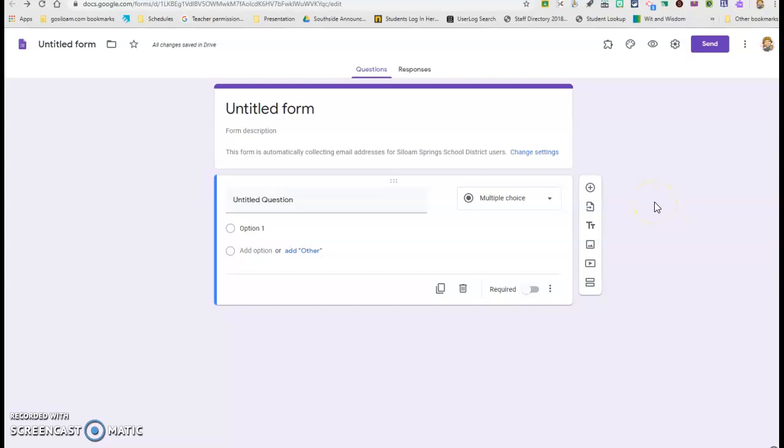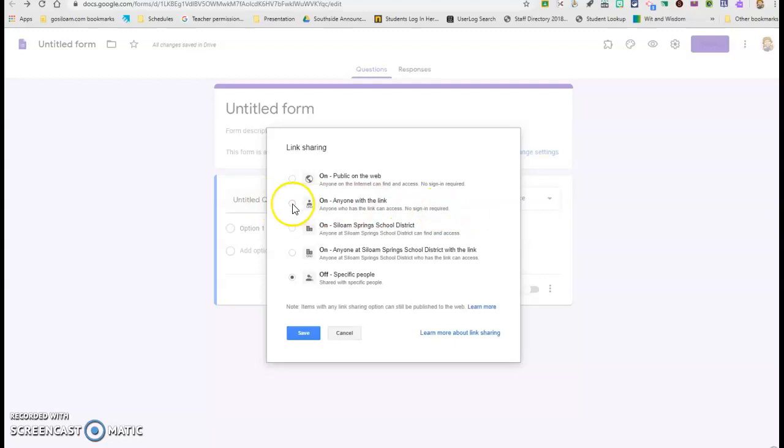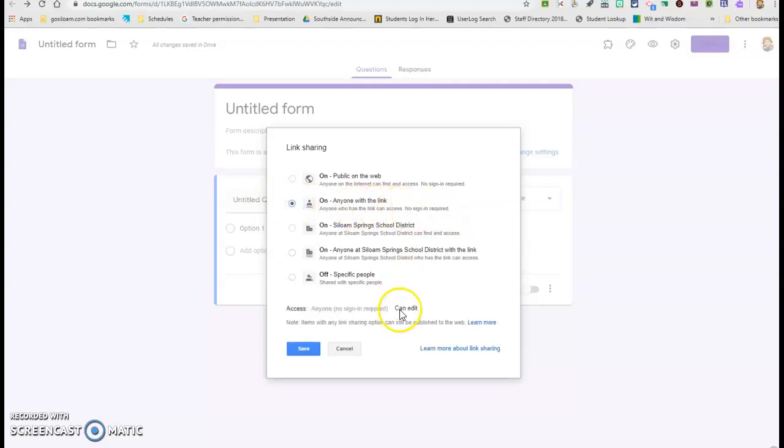Anytime you want to share a form with your colleagues, you want to make sure that they always make a copy of it before they use it. To do that, you click on the three dots in the upper corner, click on Add Collaborators, and then where it says Private, Only You Can Access, click Change, choose Anyone with a Link, and it says Can Edit. You click Save,